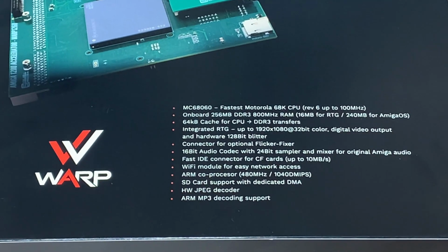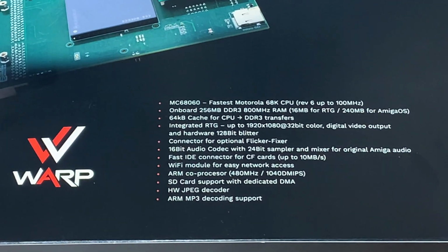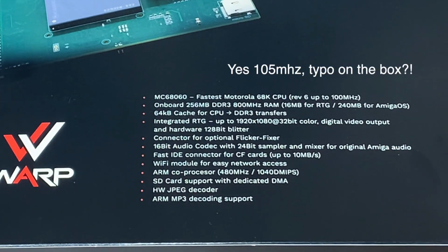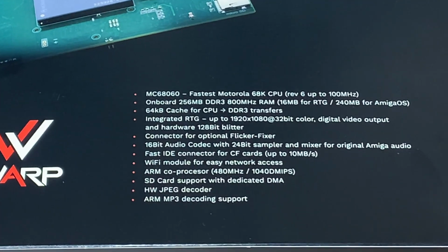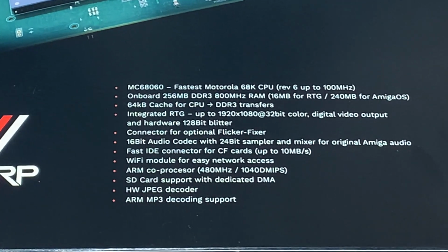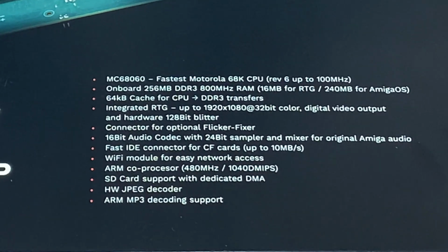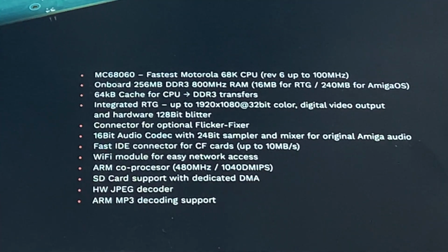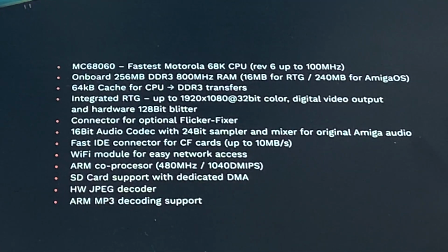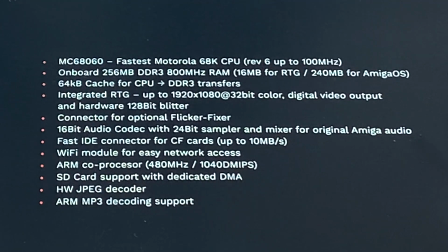On there we've got a Motorola 68060 CPU running at up to 105 MHz, 256 MB of DDR3 800 MHz RAM. We've got built-in RTG graphics, meaning that you can get full 1080p 32-bit color displays over HDMI out of this. We've got a 16-bit audio codec with a 24-bit sampler, a fast IDE connection, Wi-Fi module, an ARM coprocessor that we'll talk more about a bit later on, SD card support, hardware JPEG and MP3 decoding,